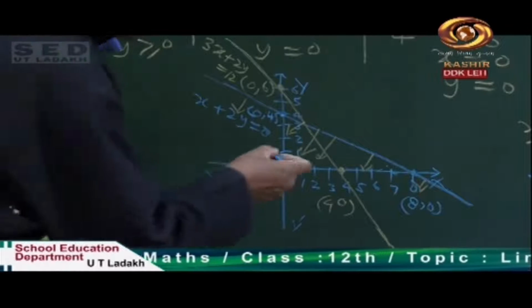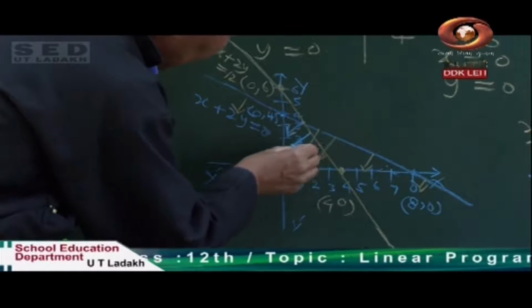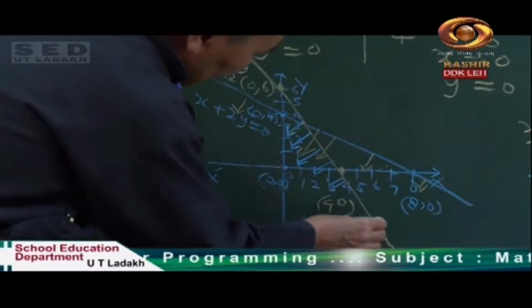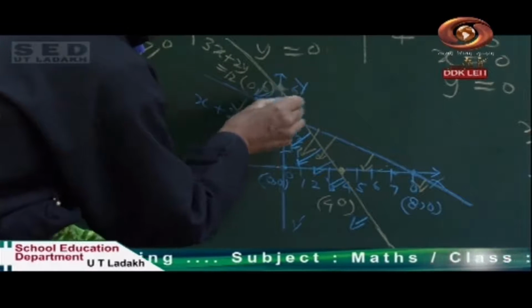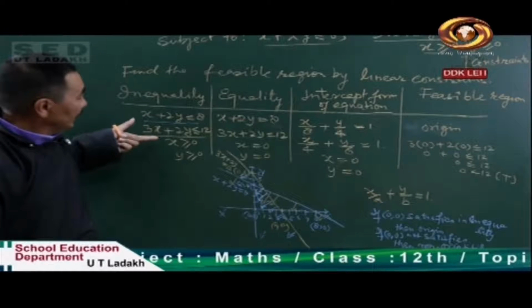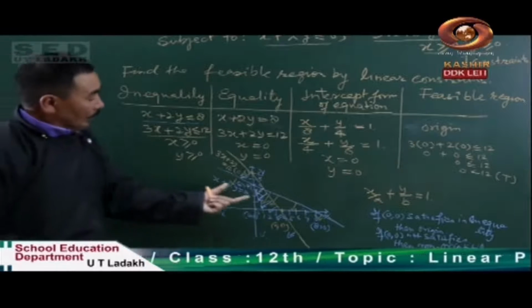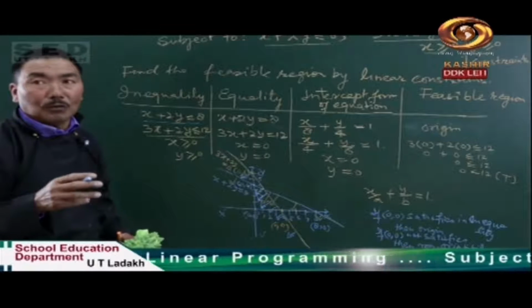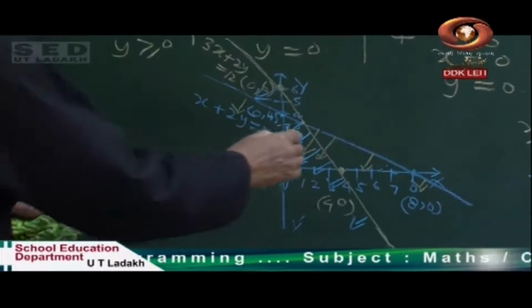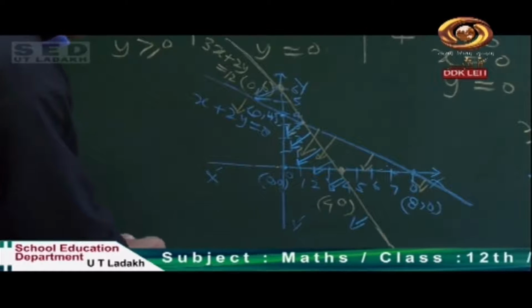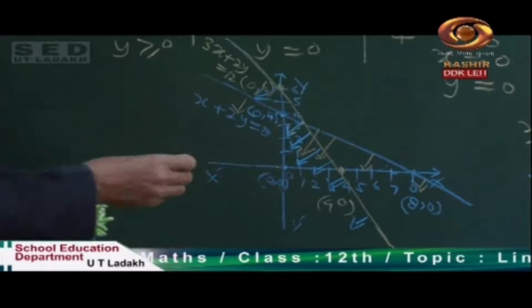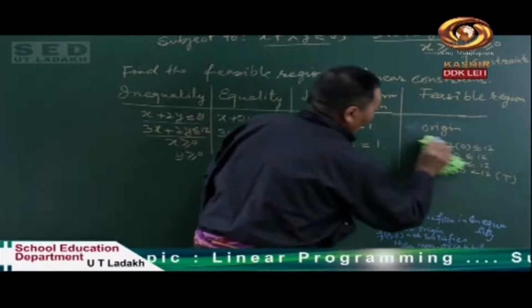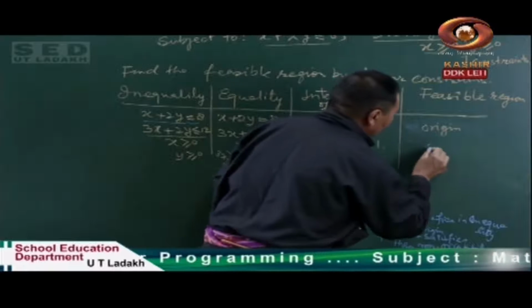Now if I use the blue color, then it may look different. So below the line will be the shaded region. So in an inequality we will find the solution region below the line. This is known as a half plane of the region, because this is half of the plane, and the other side is the other half of the plane. So for both the equations we will have the origin side. We shade towards the origin.